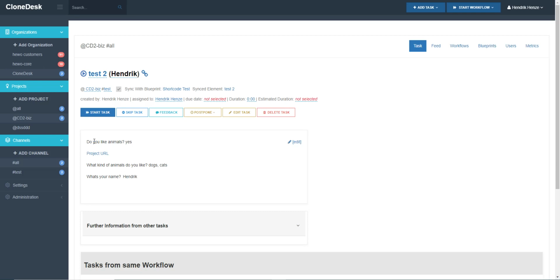So for example, in my agency, we do this with Google document links that stay the same throughout the project. We do that with the project domain itself. We do this even with some of the CloneDesk links where we just add the project there. So if you say, hey, check the feed of this project, then you can just add the link to the feed here, or you can have the project ID in here to make it super dynamic. So whatever you want to make really dynamic, you can just put into the shortcodes and then use them throughout the complete